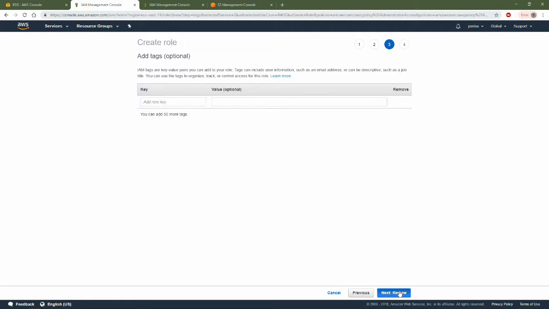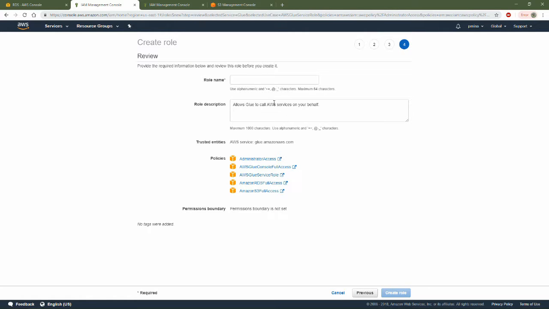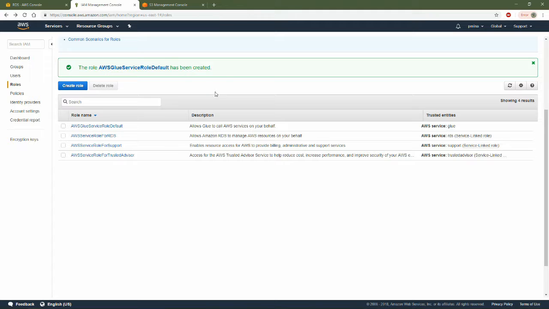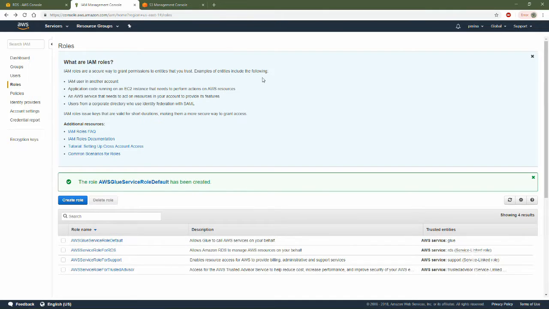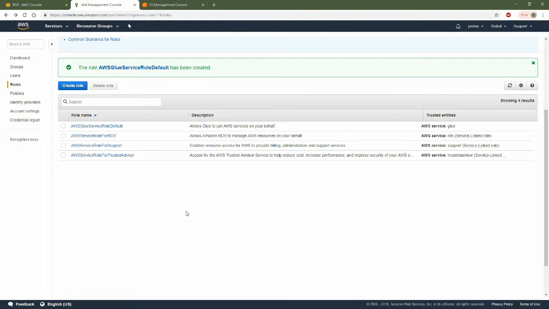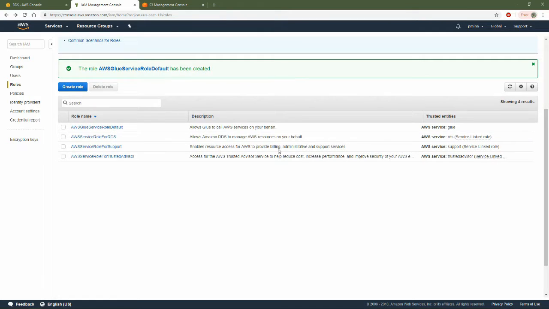Next tags, next review. It should be all of these right here. Admin access, this, and that. You can just name it whatever you want. After that, just press create role, and you should be prompted with this screen right here. This is the screen I already made right here. It has all the roles that I need. And after this, we're gonna go ahead and create